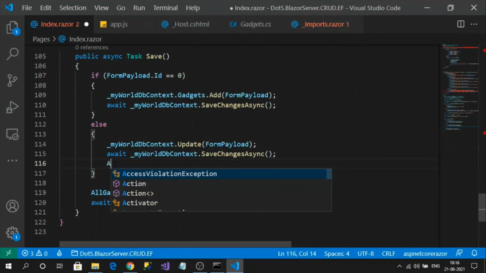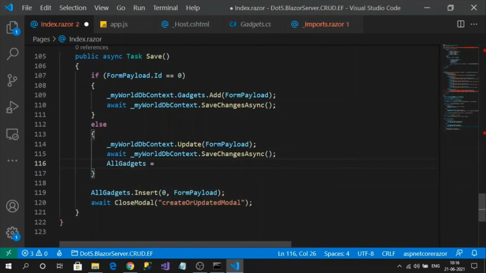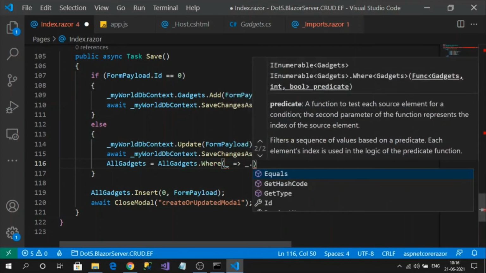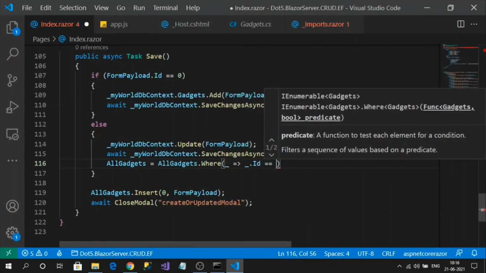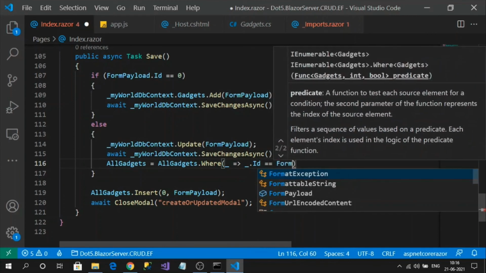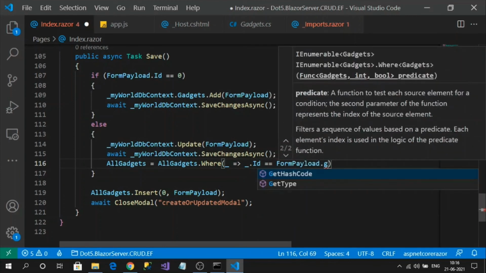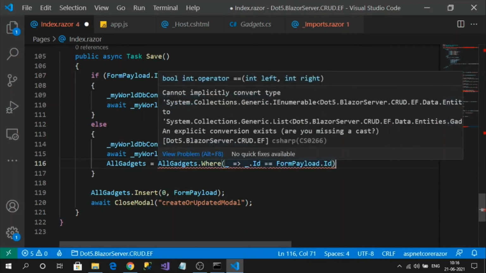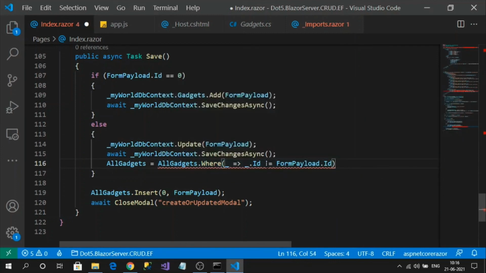So all gadgets equal to all gadgets where id equal to form payload dot id. So I want to accept this record, everything dot to list. And finally, the updated record will be added here.